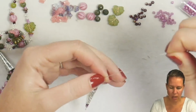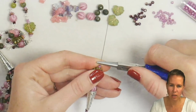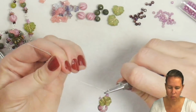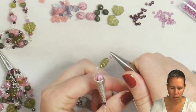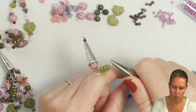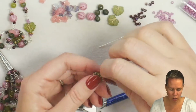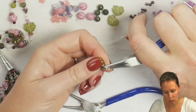And after I add my seed bead and let that drop down, we're going to repeat, leaving a little bit of space there above to do my coiled eye pin, turning the wire back over the top jaw to bottom jaw, straighten it out, go in here, grab my needle nose pliers, hold from the nose up, and coil and wrap the scarf around the neck. From here, I'm going to give a little chop. Cut off that extra wire. You still have more wire to use from that initial 9 inches or so,